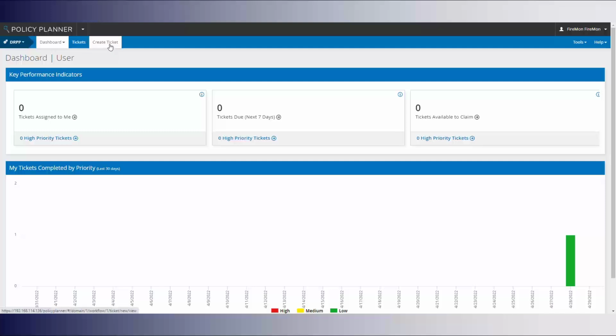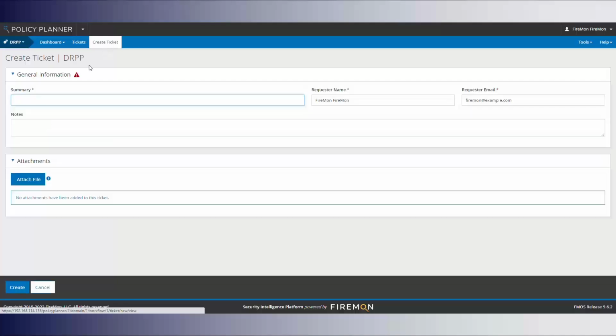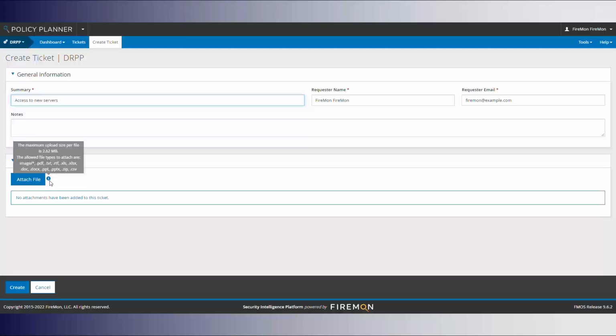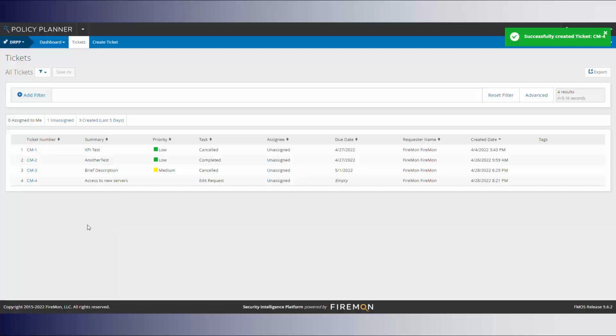In the top blue ribbon, click on Create Ticket to the left and enter a brief description of the change in the summary, the requester name, and email. If there are any attachments to add, we can do that here, or we can do that any time during the ticket's existence. Keep in mind, especially for testing purposes, tickets cannot be deleted from the system after they have been created. So it may be in your best interest to keep your naming convention professional, if you know what I mean. Click Create and the ticket will be logged in the system,